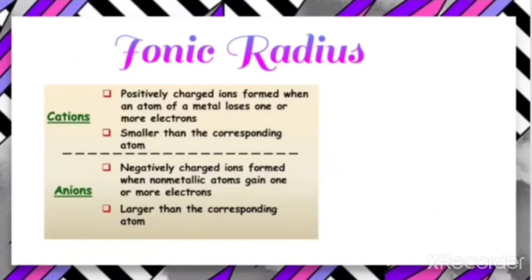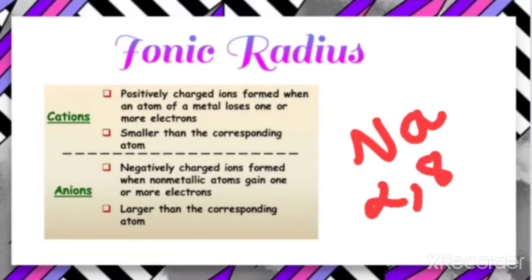Next one is the ionic radius. Before explaining about ionic radius, let me explain what are ions. Let us take the sodium atom. In the case of sodium atom, when you write down the electronic configuration in this way, you can find out there is only a single electron in the outermost shell. So in order to complete the octet, the sodium loses one electron and forms